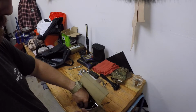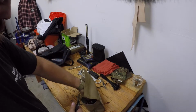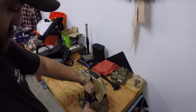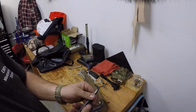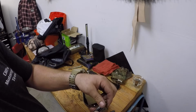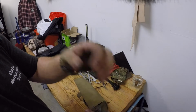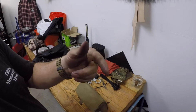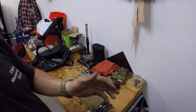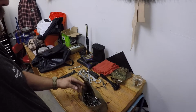Allen wrenches. Let's see here. I have several Allen wrenches that I use on my bike. Small ones for my axle caps, front axle caps. 4 millimeter, and stuff is for like, whatchamacallit, the hardware for my cup holder and my cell phone holder in case it decides to come loose, and several other Allen wrenches for my bike. I'll